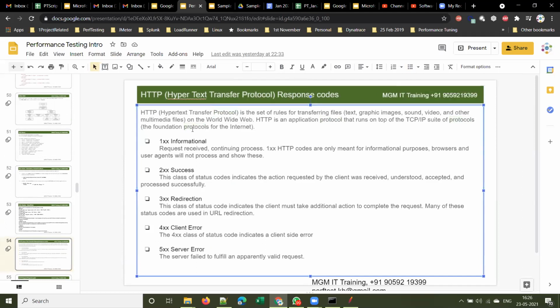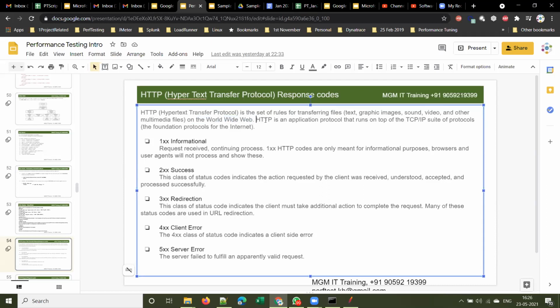Here I explained this, which is covered in the performance testing basics sessions that I shared with everyone. The HTTP protocol is a set of rules for transferring files. When I say files, it can be text files, graphic images, sound, video, and other multimedia files on the World Wide Web.